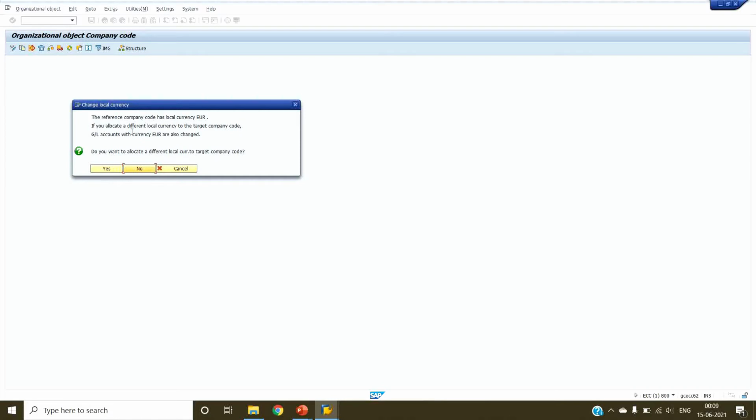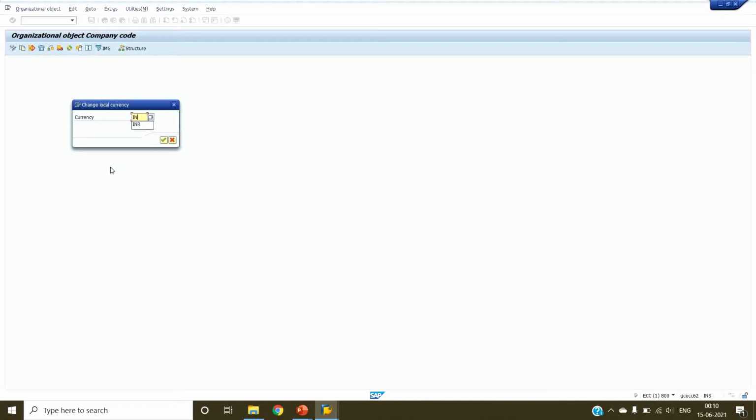If you allocate a different local currency to the target company code, GL accounts with currency are also changed. If you want to allocate a different currency, you can click on yes, otherwise click on no. Here we will click on yes as our currency is INR, Indian rupees. Click on OK, continue.